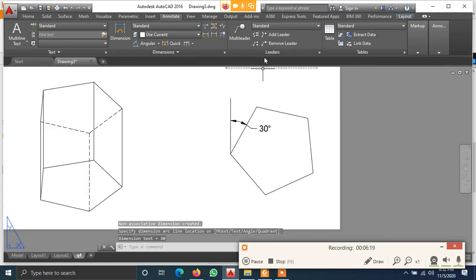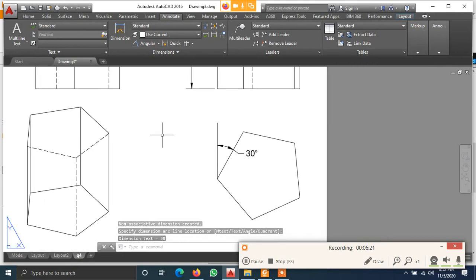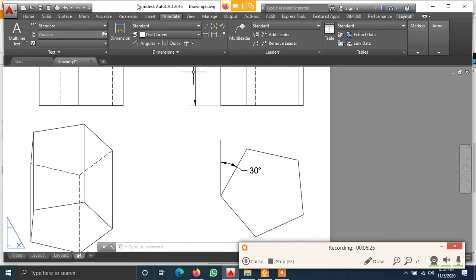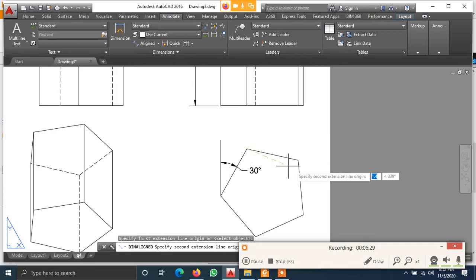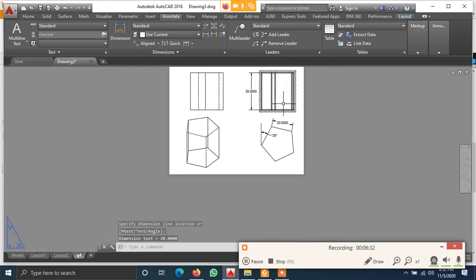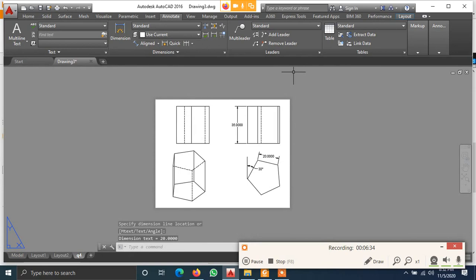Now see, when I switch it to the right side view, the angle has been changed. Please make a note. Then align the dimension for the side length, which is 20. Then here you cannot measure anything.